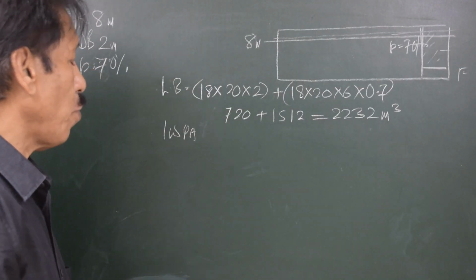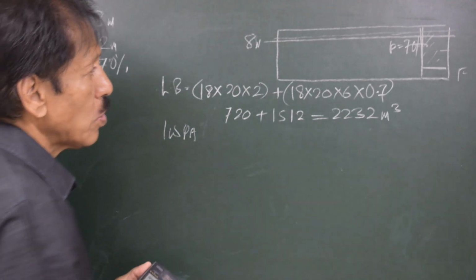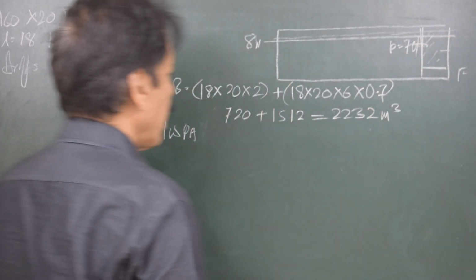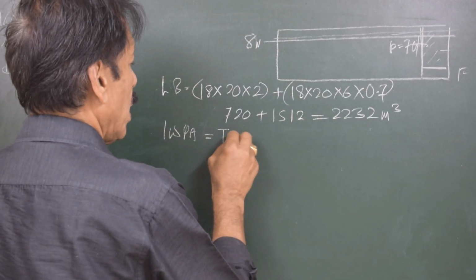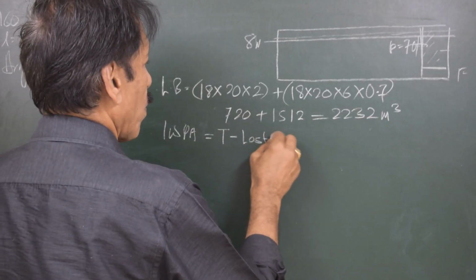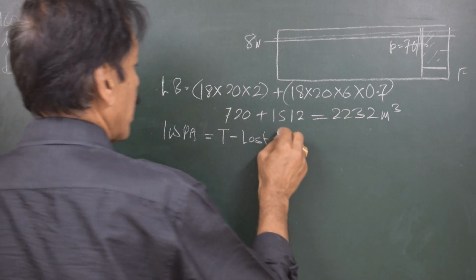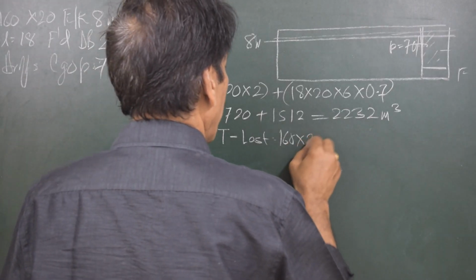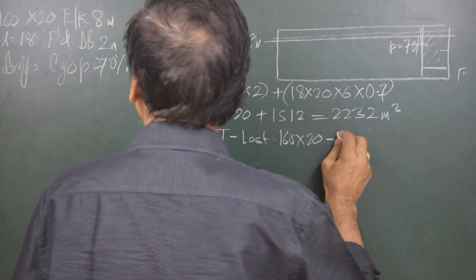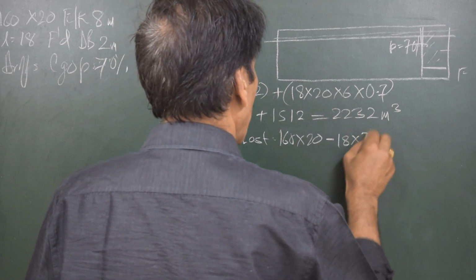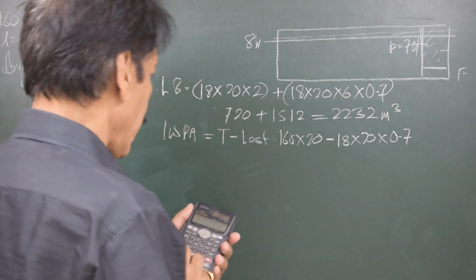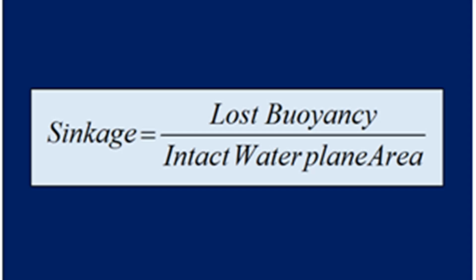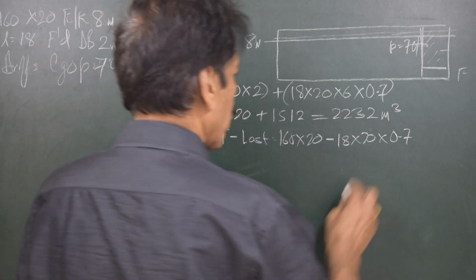If we look at the water plane area, the loss is only because of the compartment, and as usual, it is equal to total minus lost water plane area. Total water plane area is 160 into 20, and the lost water plane area is 18 into 20 into 0.7. Let's do it. 160 into 20 minus 18 into 20 into 0.7 is 2948